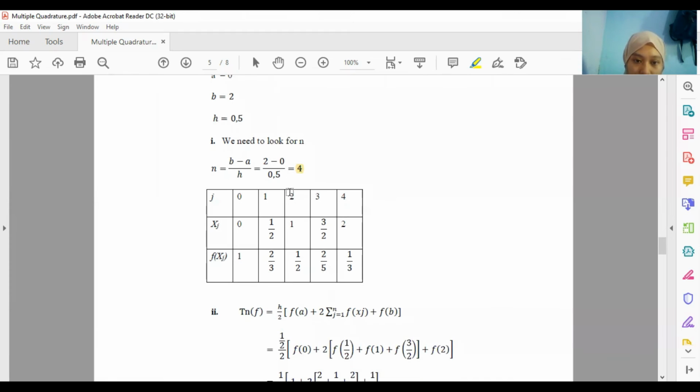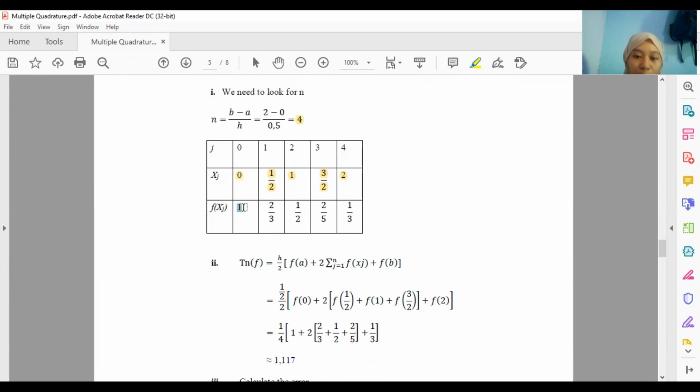And then in this table, we have x0 is equal to 0, x1 is equal to a half, x2 is equal to 1, x3 is equal to 3 over 2, and x4 is equal to 2. This is plus a half, plus a half, plus a half, and plus a half. So we get